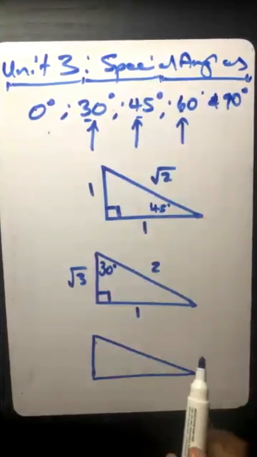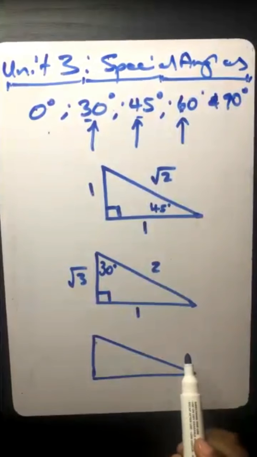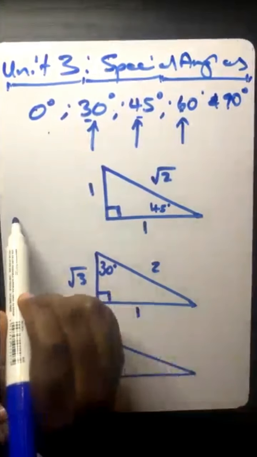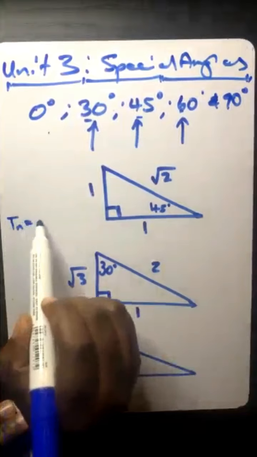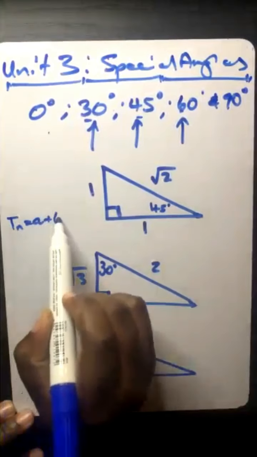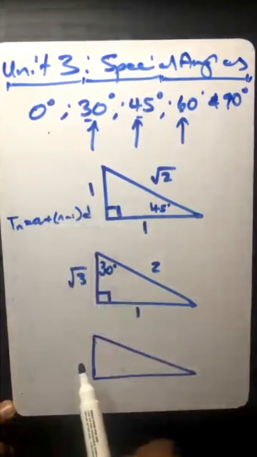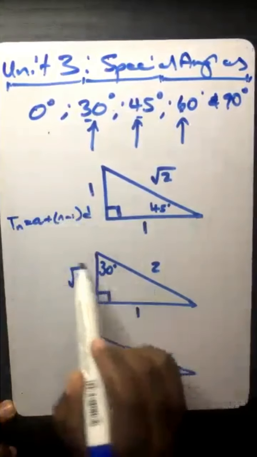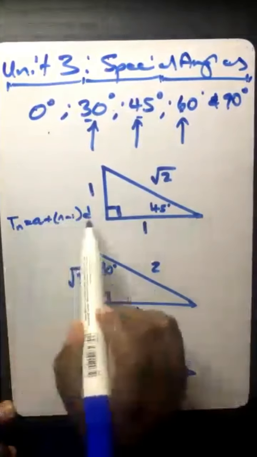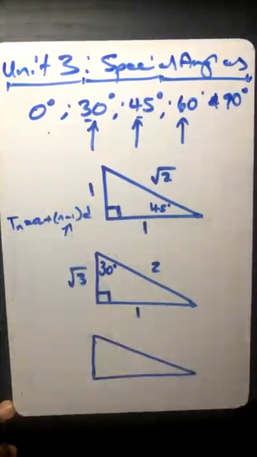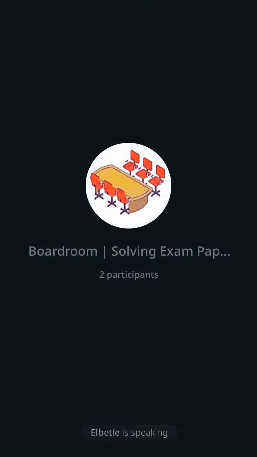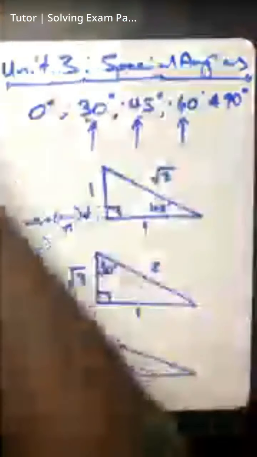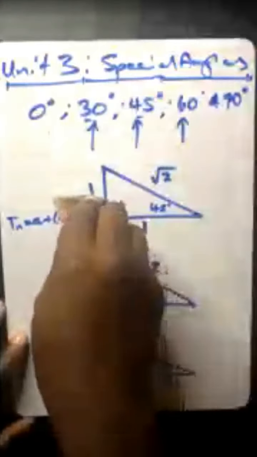Let me try to think of something. Maybe in some other lessons we'll find out. It's more like a formula, maybe, which says Tn is equal to a plus (n minus 1) d. So when you ask how did they get square root of 3, it's more like on this formula you are asking me how did they get that one. Does it make sense? Yes, sir. So it's not necessary to explain because it's just a formula, or it's always like that for